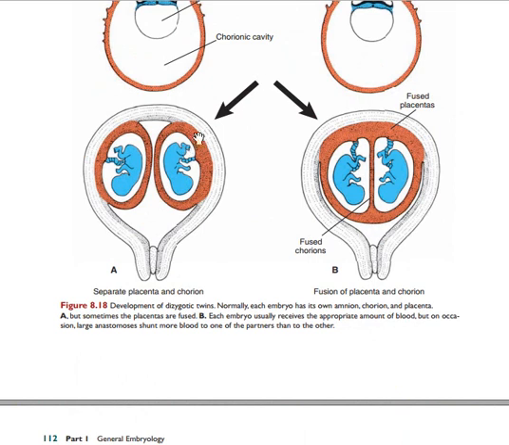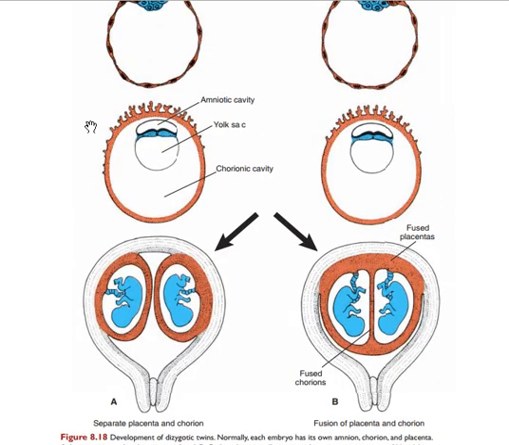This one is a dichorionic diamniotic. Why? Because it consists of 2 placenta, 2 chorion, and 2 amnion. Here there's only 1 chorion, that's 1 placenta, and there are 2 amnion. So this one is a monochorionic diamniotic. Now I also want to point out the fact that dichorionic diamniotic occurs when this division like that